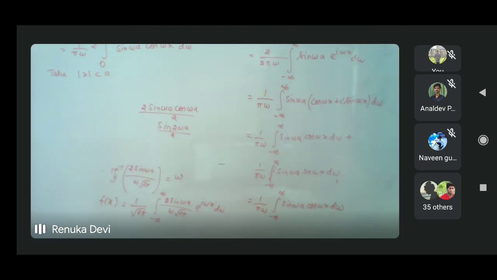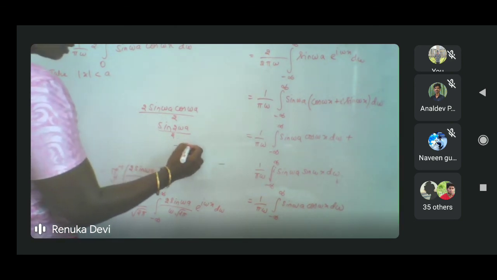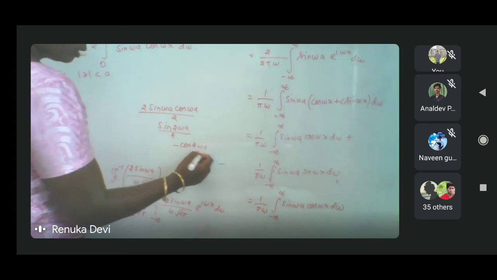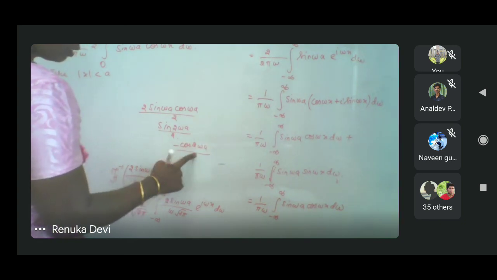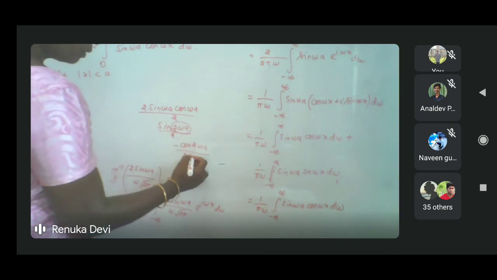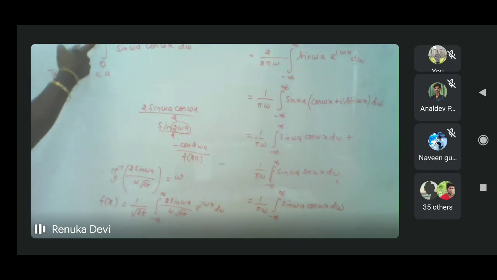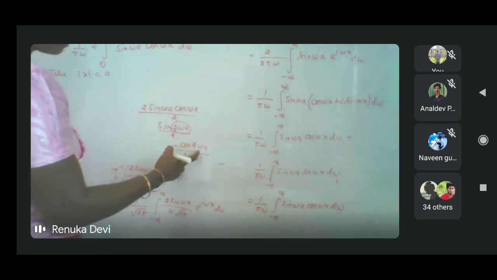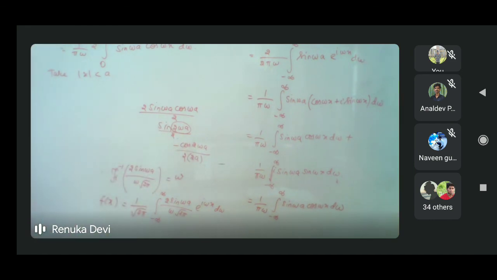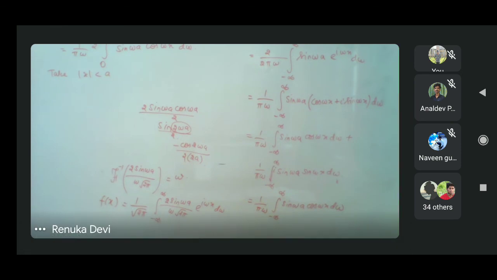What is the value then? The integral of sine is minus cos 2WA by 4. Already you have one 2, and the derivative with respect to W gives 2A. Now if you substitute the upper limit, that is cos of infinity, what is the value then? And cos 0, what do you get?